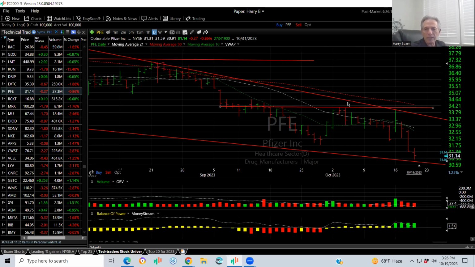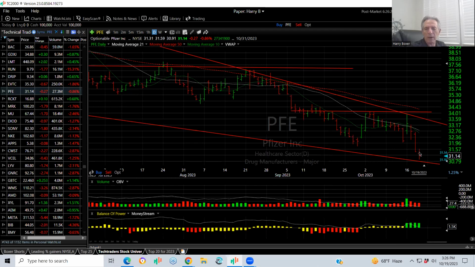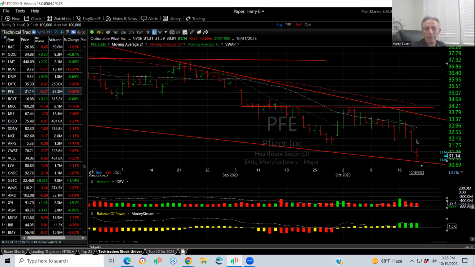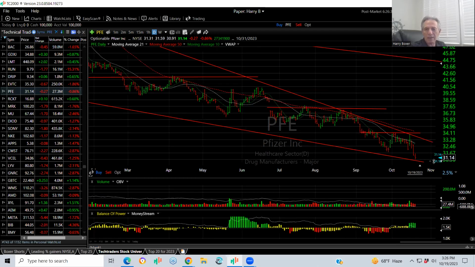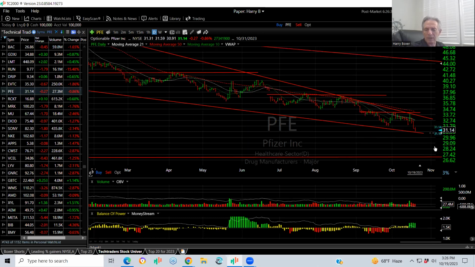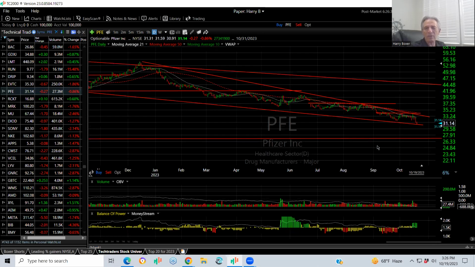So here, this red line is a 50-period moving average. You can see the multiple tops in here as well, and you can see the declining tops line as well. So there are 3 juxtapositions of resistance in that range. Wouldn't it behoove you to pay 34.5 and know that stock is on its way higher, rather than try to pick a bottom here, watch it bounce, maybe, and then continue down into the 27 range? So there's nothing to do with Pfizer.